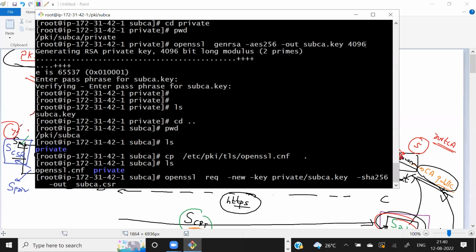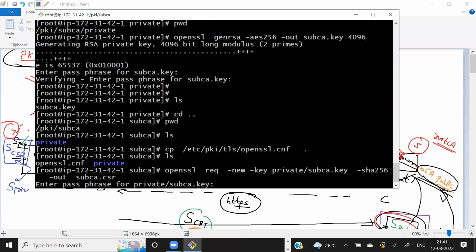Okay, and here I'm going to use my own config file, even though we don't require it right now, because this config file is used when you work as a CA to sign other certificates. Right now you're like a normal computer, you're only requesting a certificate. So just basic settings. So this is the command we use. This command is for the CSR. When I hit enter, okay, because your private key has been locked,